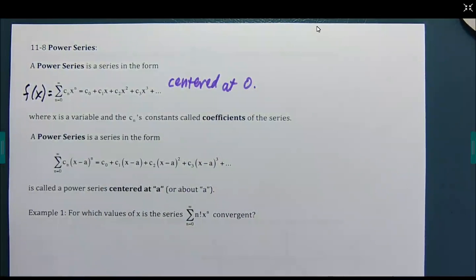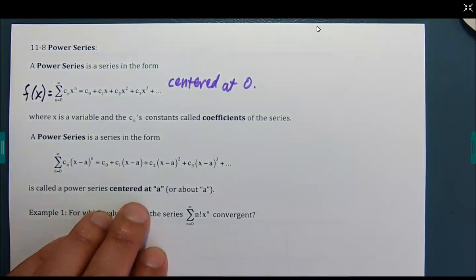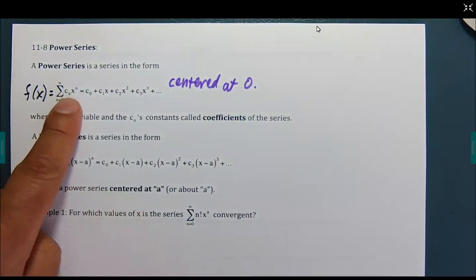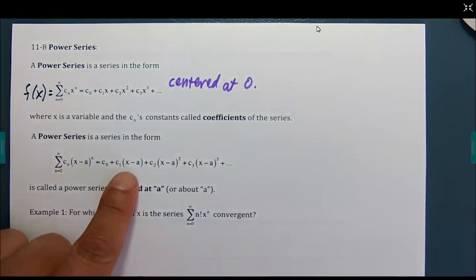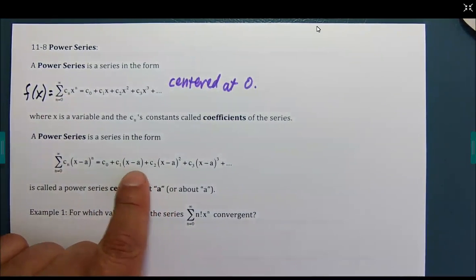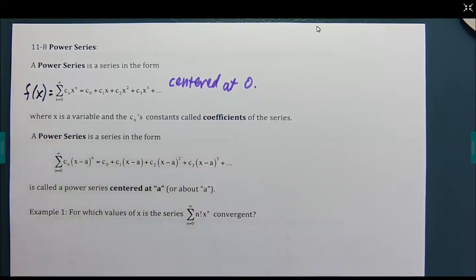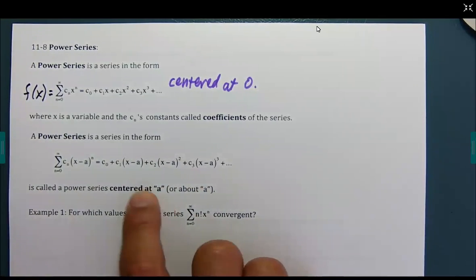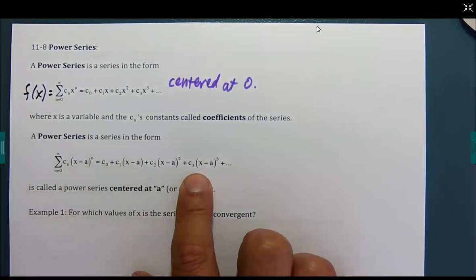And this power series is centered around the letter a. So you can see that's x minus 0, say. And here it's centered at 0. Here it's centered at a, pardon me. Here it's centered at a. So at x equals a is where this power series is going to be the most accurate